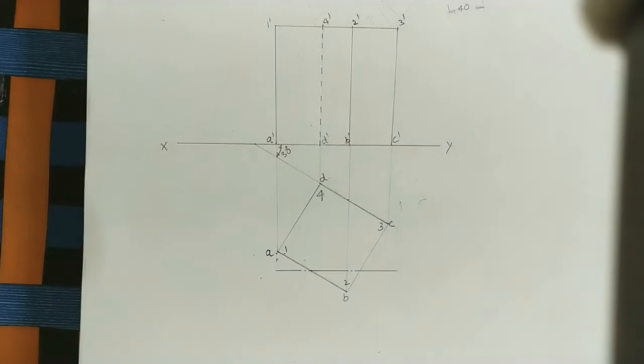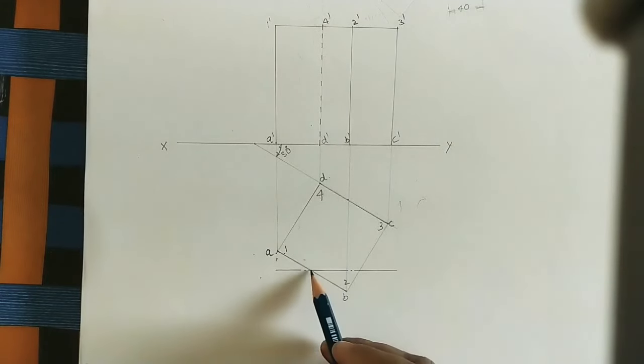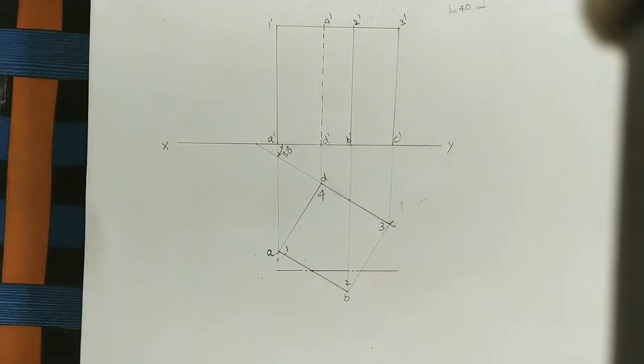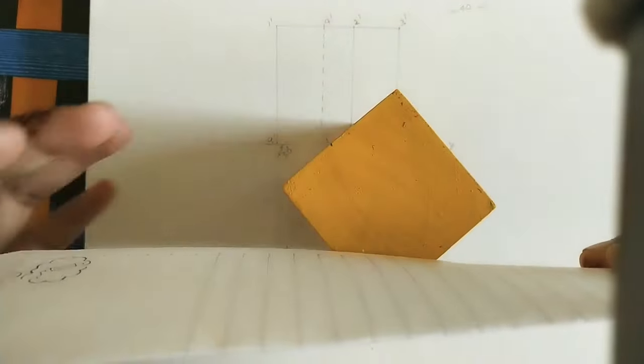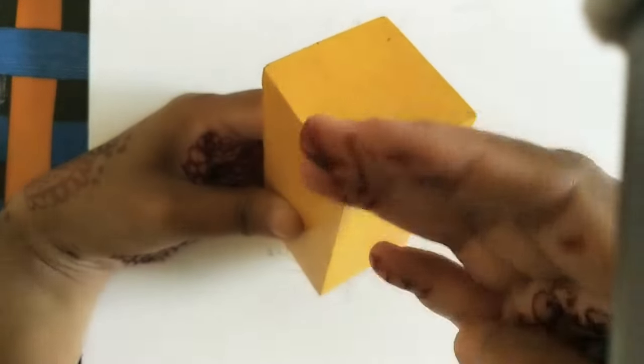like this. Okay, now this cutting plane is cutting this square at these points. Okay, mark these intersection points. So now this is a cutting plane like this. Okay, if you are taking in the solid, it is like this. Okay, so we are removing this entire corner. Okay, we are removing the entire corner.